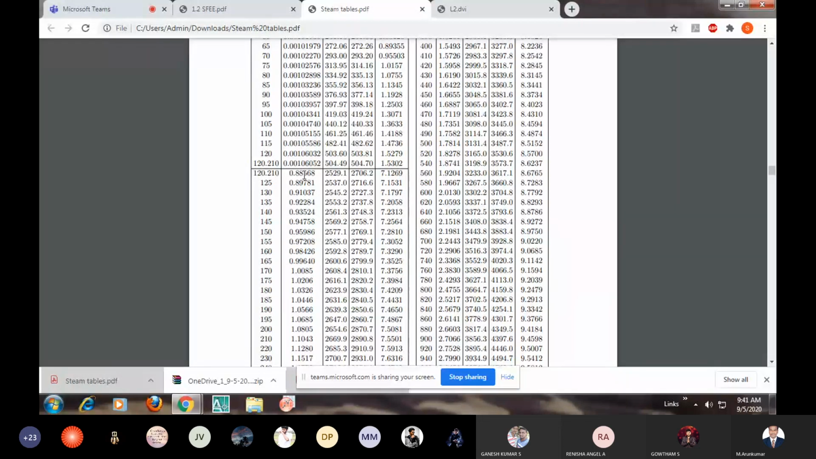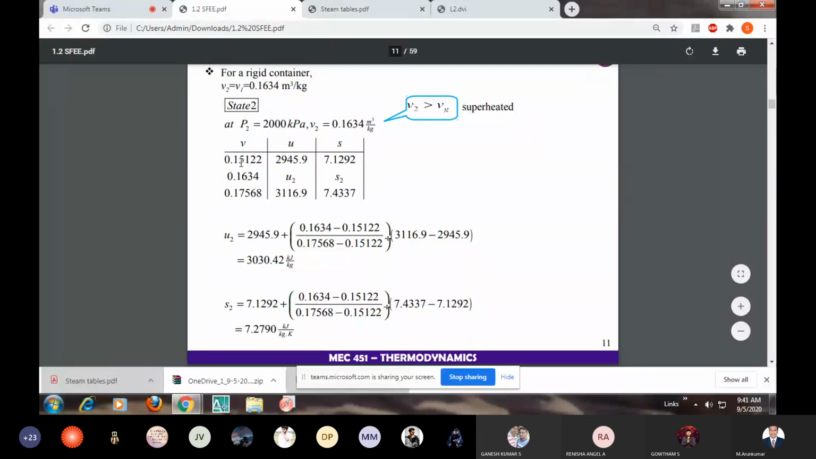interplay by using these two values. So we have the V1 value. We have to take this V1 value, then the table has the value for 0.15122, and the value for 0.17568. So they don't have the values for 0.1634. So they were using interpolation. So they used the interpolation formula